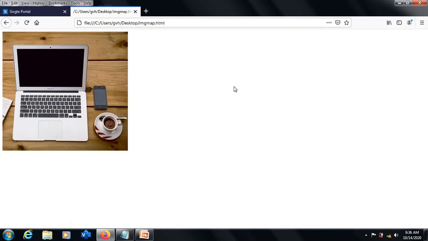Have a look at this. Now this is what I was talking about. This entire image is of 400 pixels width and 379 pixels height. What I have done is I have linked a file to this laptop image. As you can see on your screen, there are three objects available on this image.